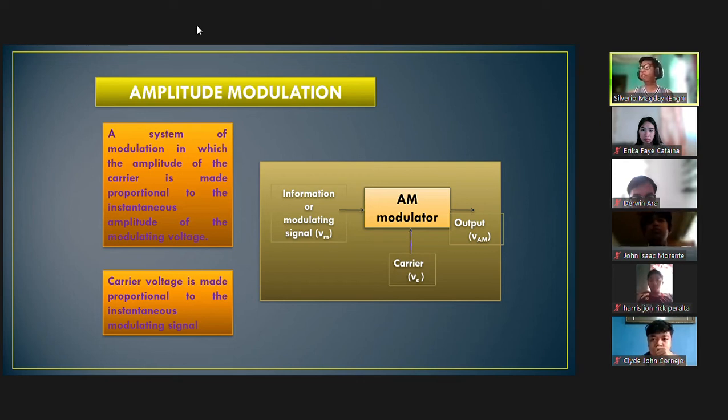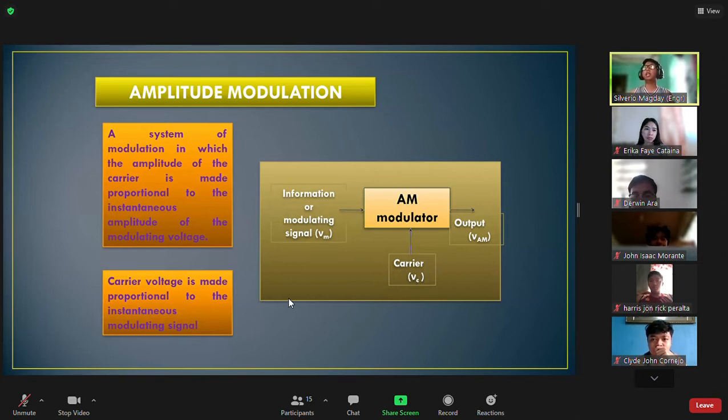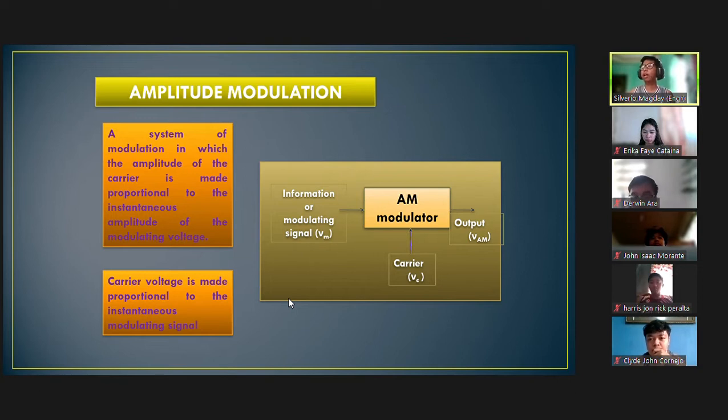Modulating voltage. So in amplitude modulation, it is the amplitude of the carrier which is varied by the modulating information or the modulating voltage. Your carrier voltage is made proportional to the instantaneous modulating signal. That's why it is dependent now that your modulating signal turns to vary one of the properties of your carrier,